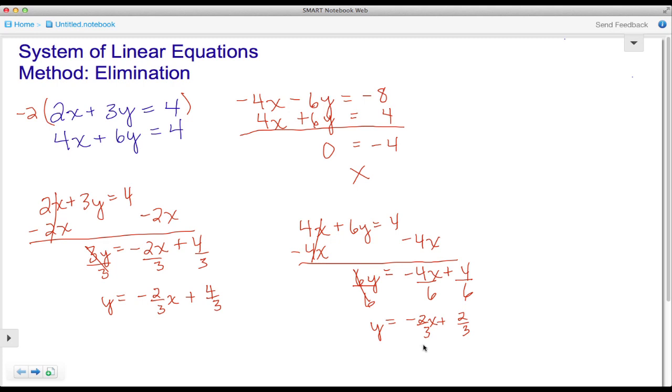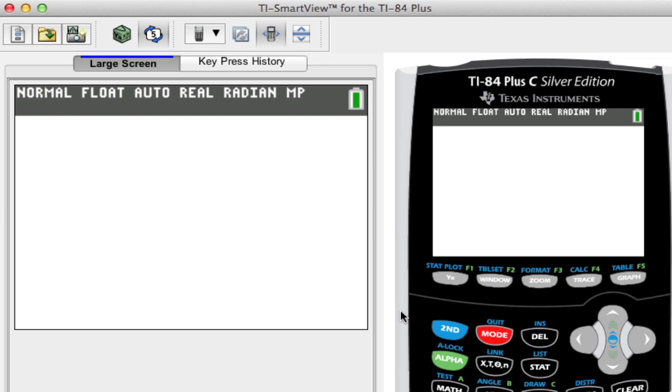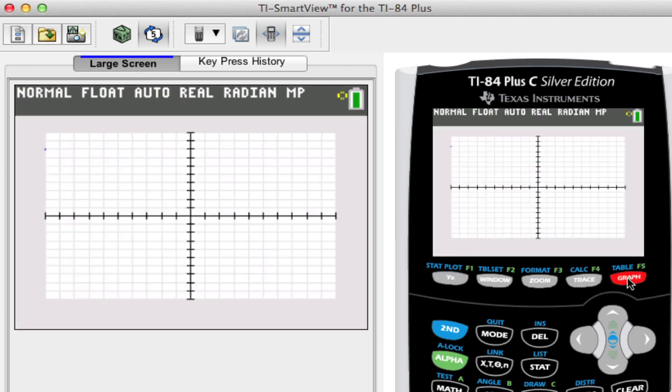So that means these two lines will be parallel, which again says that when lines are parallel, they never cross. So I know that I don't have a solution. And again, that's also seen here. We have a contradiction. But let's go ahead and call up the calculator just to prove that fact here. On the calculator, when I press y equals, you'll see that I have both equations input already. Here for the second equation, I didn't simplify these fractions, but they're going to still give us the same result. Let's go ahead and click graph so we can see what happens with these two equations.